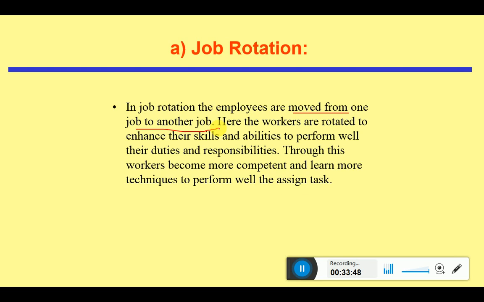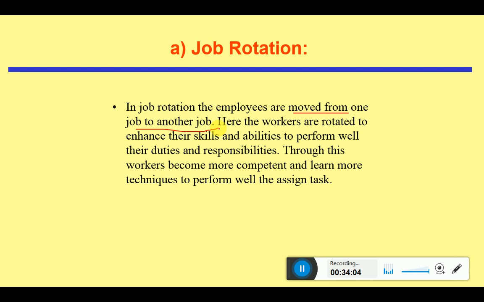The intern goes to one department for 2 weeks, another department for 2 weeks, and a third department for 2 weeks. With the passage of time he or she is rotating from department